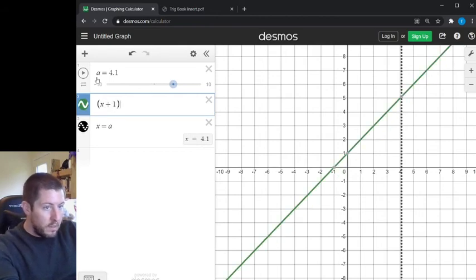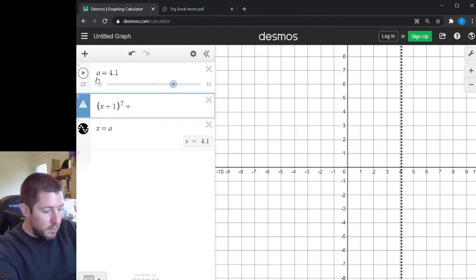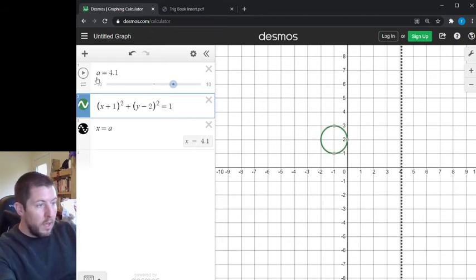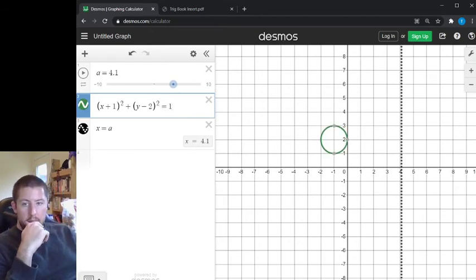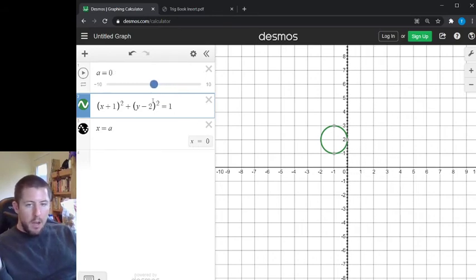(x + 1)^2 + (y - 2)^2 = 1, I don't know, something like that. Point is, there we go, we got a circle down there, some circle, it's been shifted around. And again, the point is, as I drag my vertical line around, no problem hitting 0 times, no problem hitting